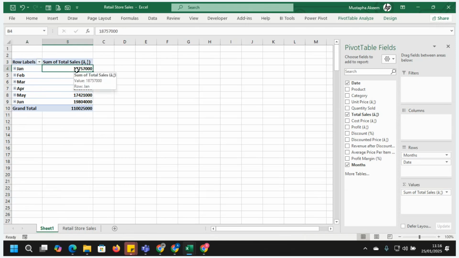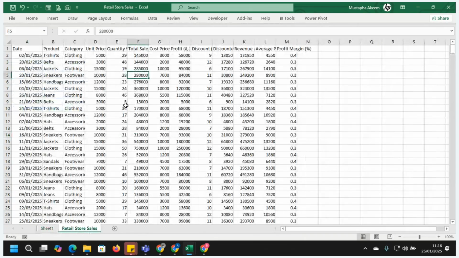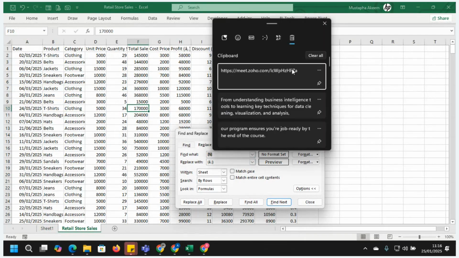Okay. What about these signs here? This sign here should be naira, not that. You can come here and press Ctrl H, and you have it here.